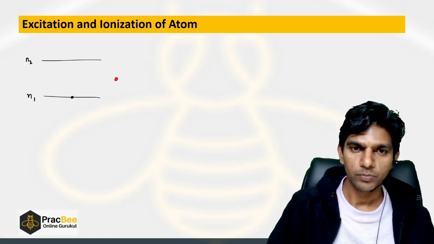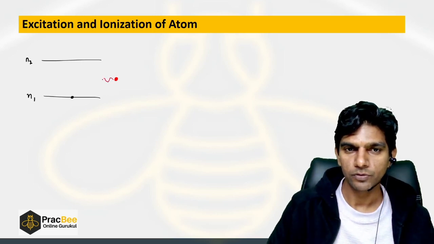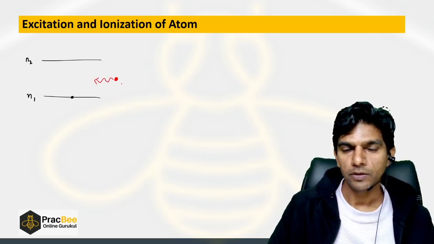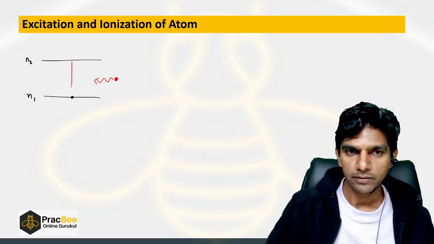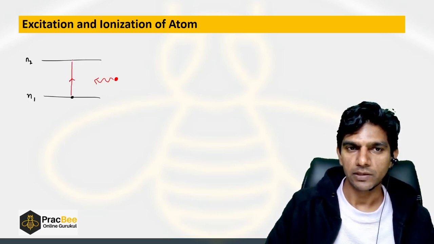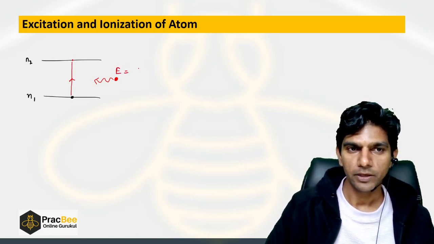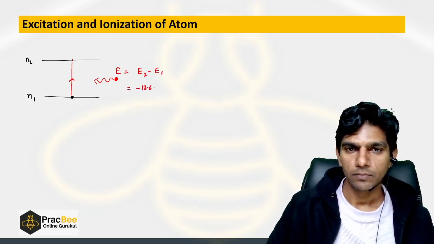Now if we give this atom energy in the form of photons, and the photon has energy equal to the difference between these two energy levels, the electron will gain that energy and move to the higher energy level. Now the energy of this photon will be E2 minus E1, and E2 will be minus 13.6